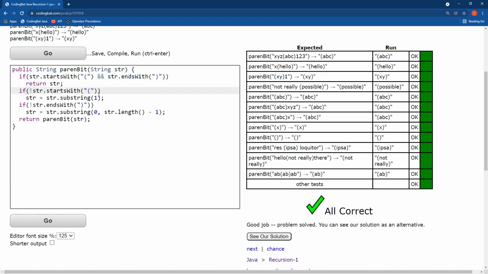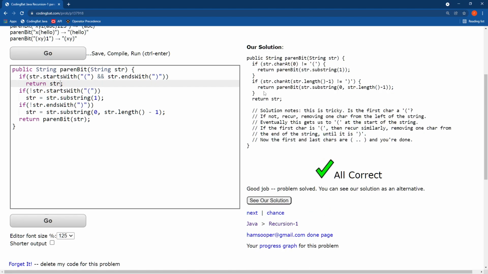I was just thinking, yeah, it's going to keep going forever. It's never going to actually just return str. That's right. Okay, so I do definitely need that. But what they were doing, yeah, is